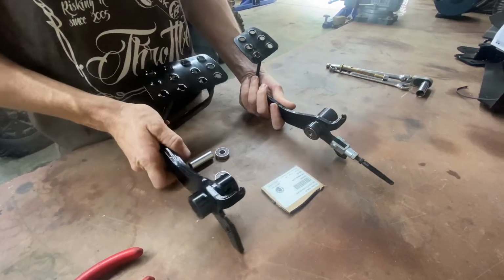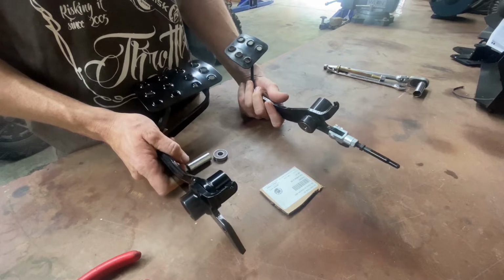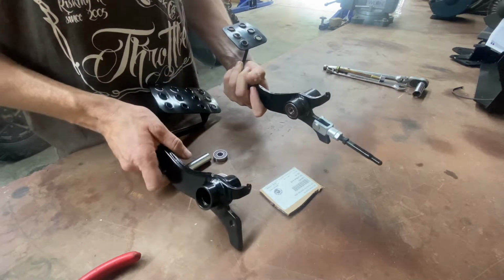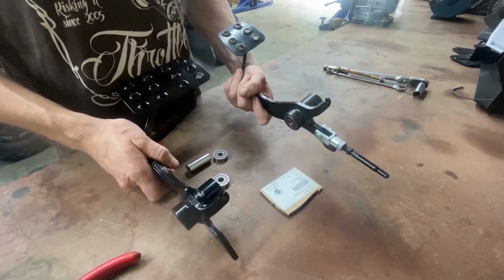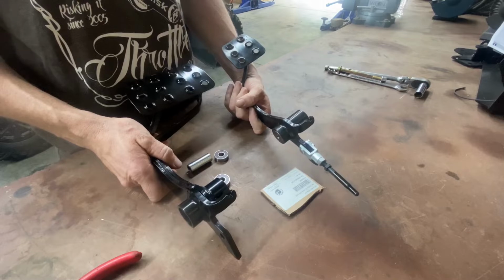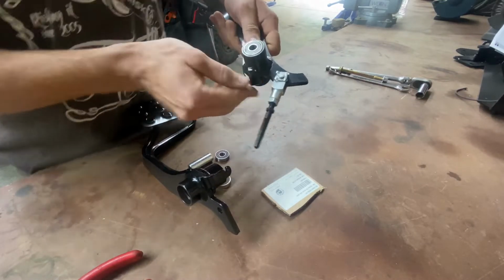So you can see there's a pretty big difference in width. The XRC is definitely a lot wider pedal than the normal pedal. And it's very helpful for being sure-footed on where the brake is on rock climbs and downhills and such as that. So to get this little part off,